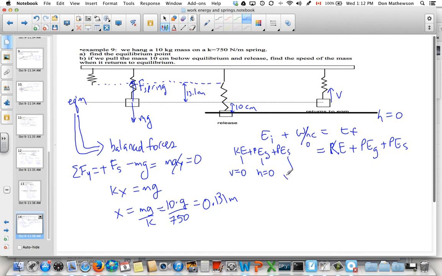Now for spring energy, we care about how far the spring's been stretched. Well, remember, starting up here, we stretched 13.1 centimeters to reach equilibrium, and now another 10 centimeters, so we're stretched 23.1 centimeters at the release point. Coming back to equilibrium, it's moving, so that's our unknown. We definitely have height because we're above the 0. We're actually 10 centimeters above the 0. And at this point, we definitely have spring extension. Remember that the spring extension is 0 up here, so we're 13.1 centimeters of extension at that point. So now we can set up our formula equation